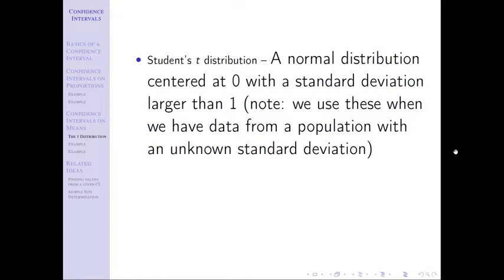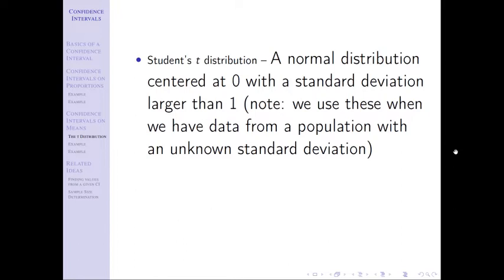If I don't account for the variability that happens by using s instead of sigma, when I build that same interval, it's not going to be right 95 times out of 100. Let's pretend I actually go do it 100 times. It would actually only be right like 90 times or 91 or 89 or something like that. We have to make that interval a little bit wider so it can capture the truth the number of times we say it will. And so I want to make sure we understand that.